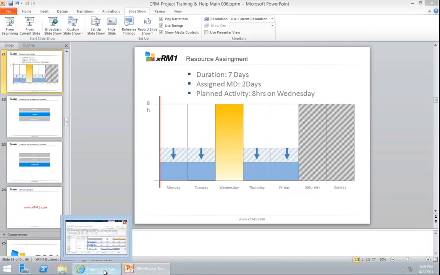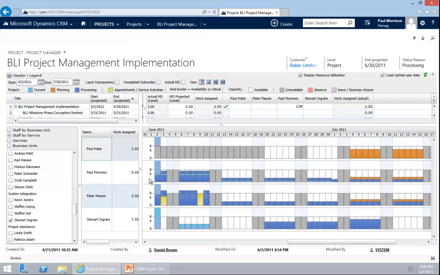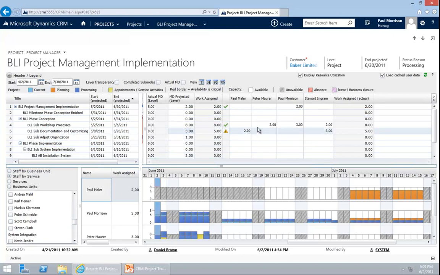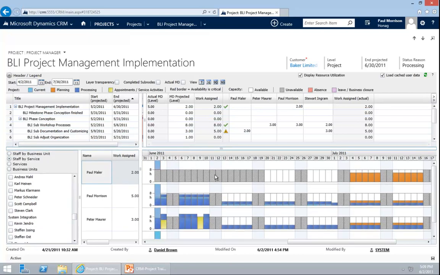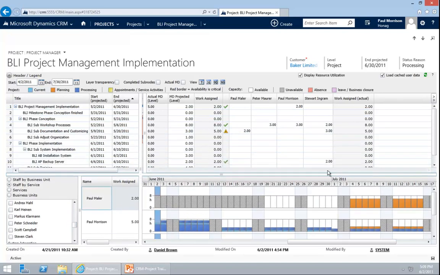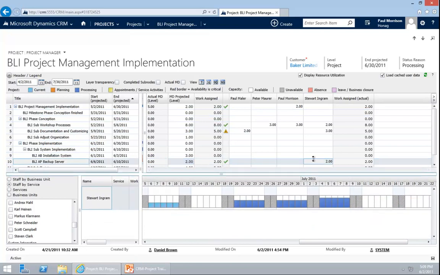How does it look like? I go in here, you see that we have these huge bars. This is because of the project notes, like here we have the BLI sub-workshop processes. This was in the past, so it would have needed to be done by now. That's why it is coming up today. Nobody has set a time against it. I have a project note with Stuart Ingram. I need to confess I have prepared that a little.